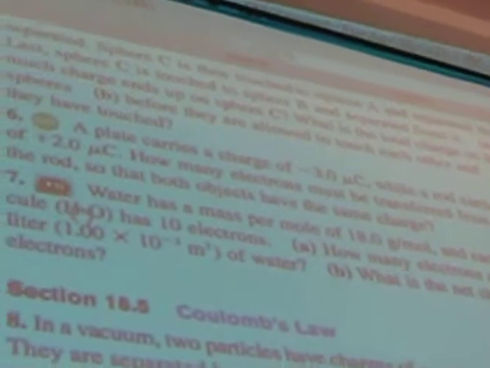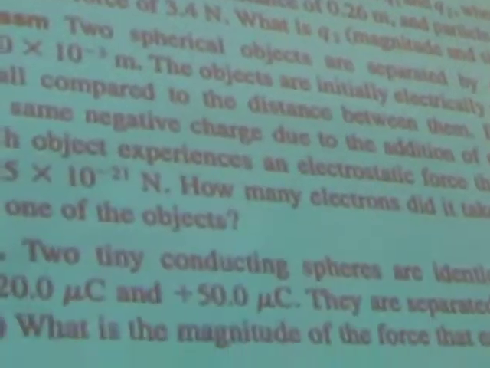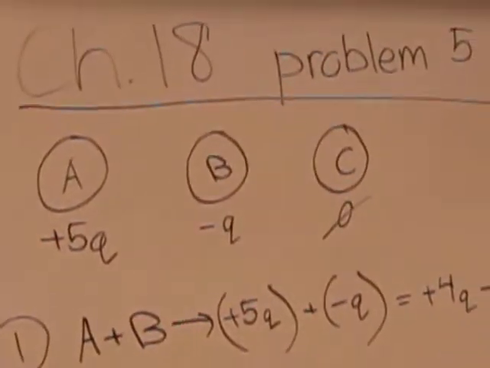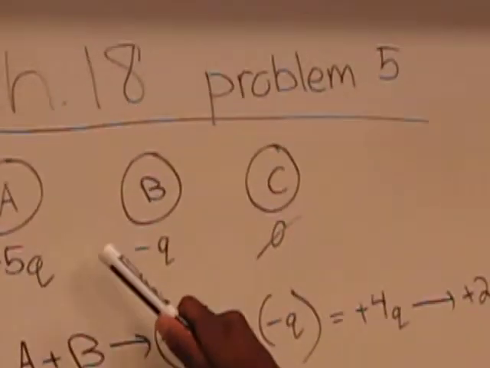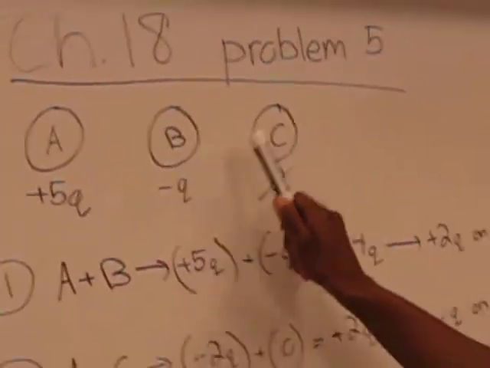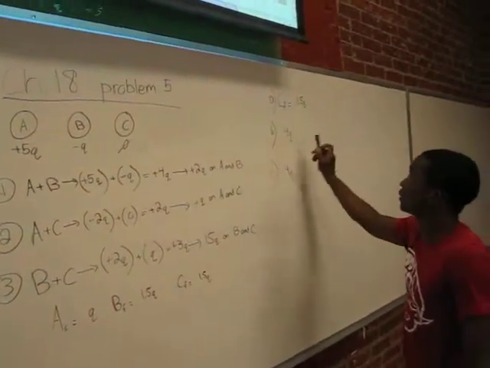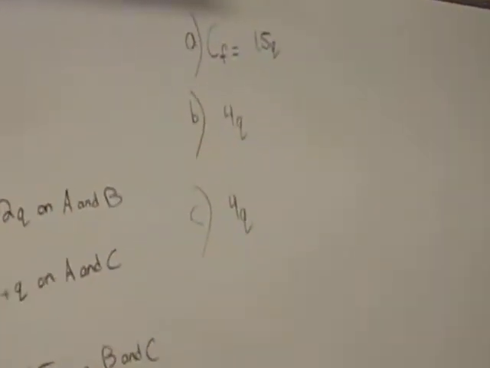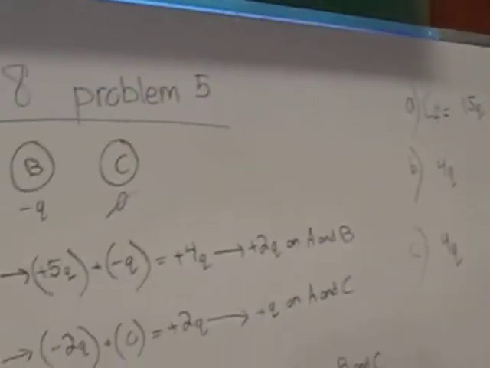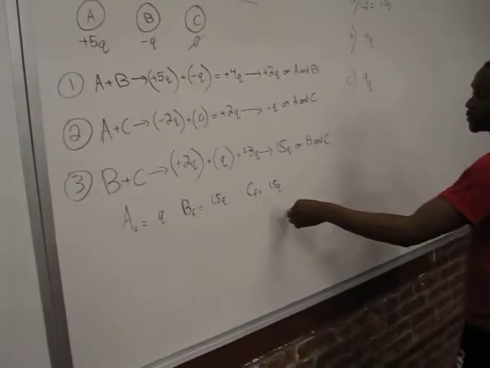Part B asks for what is the total charge on the three spheres before they touch each other. To do that, you simply just add their initial values, and you'll get a value of plus 4Q. And part C asks for after they have touched together. To figure that out, I just added up their final values, and I also got